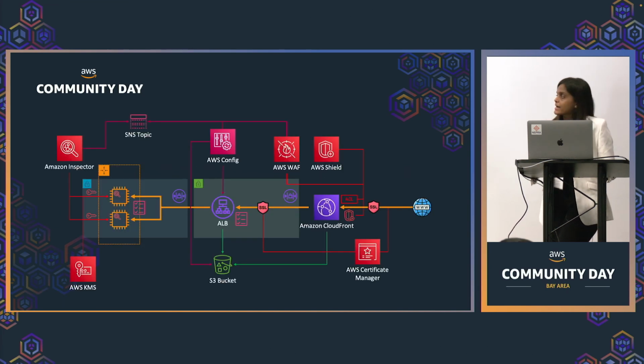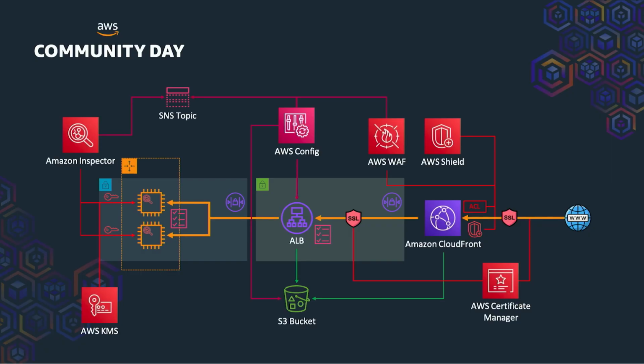Okay, now this is the architecture. These 8 services I have utilized for making this classic architecture of a business application, where you can see there are primarily 2 instances in a private subnet, 2 instances which are in an auto-scaling group. As you can see, we have a public subnet where we have launched our application load balancer, and it is front-ended by CloudFront. So I want each and every request to be carried forward with CloudFront only, and it should not circumvent it and go directly to ALB.